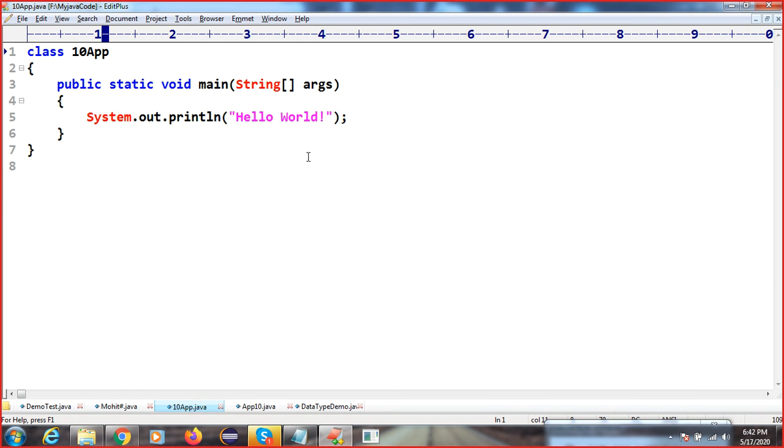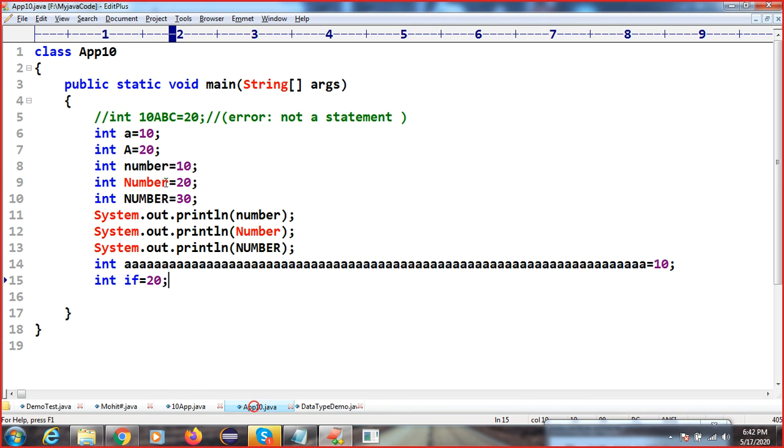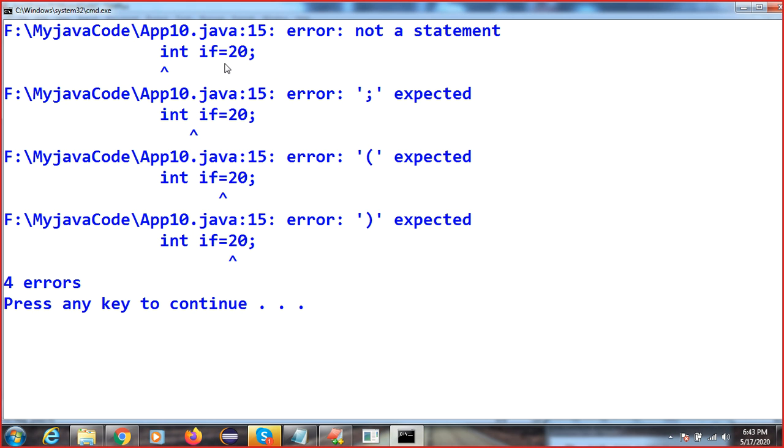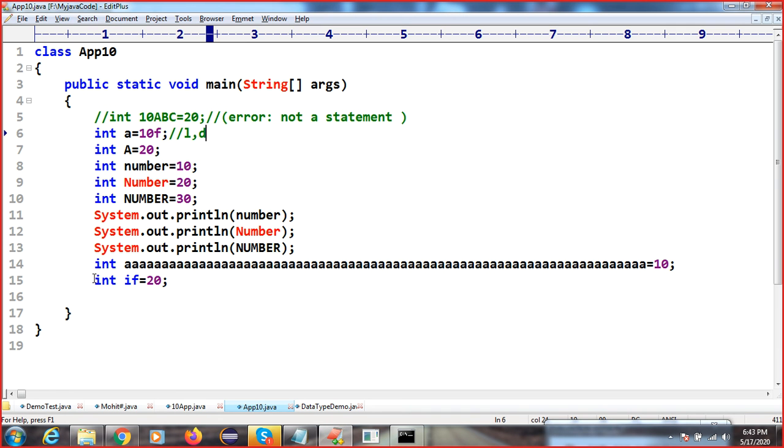Here we will get a compile time error. See here, if I add f, then it becomes the floating point type. F for float, L for long type, D for double type. So it will convert. This is called a constant, or a literal. If I compile this, you can see we are getting a 'not a statement' error, because this is a different error, so I will not explain it now.